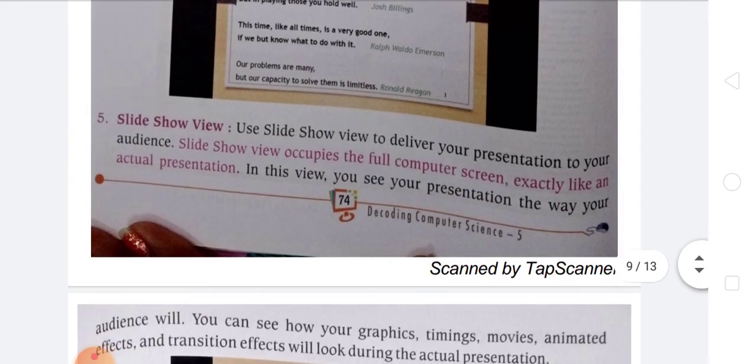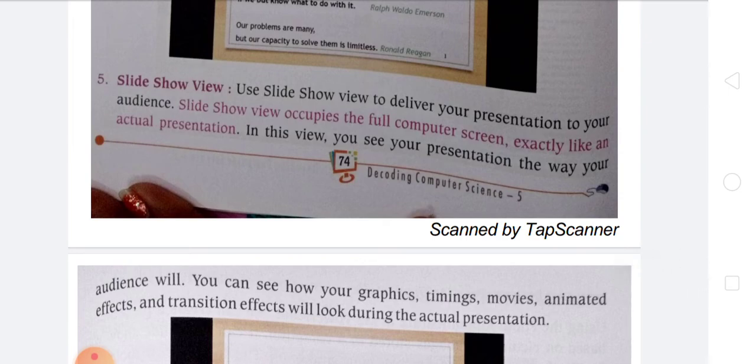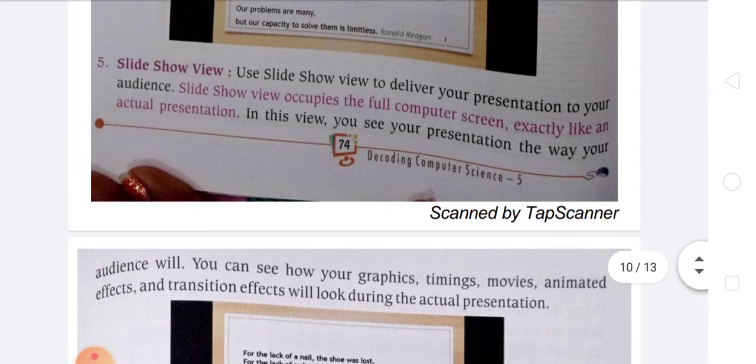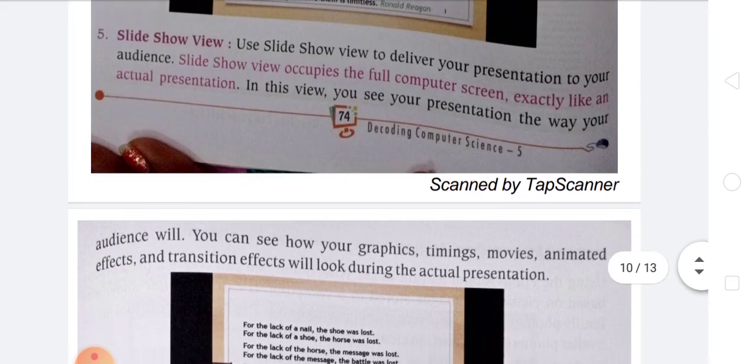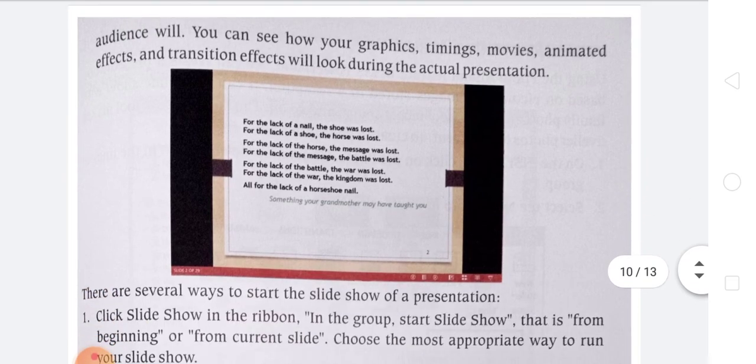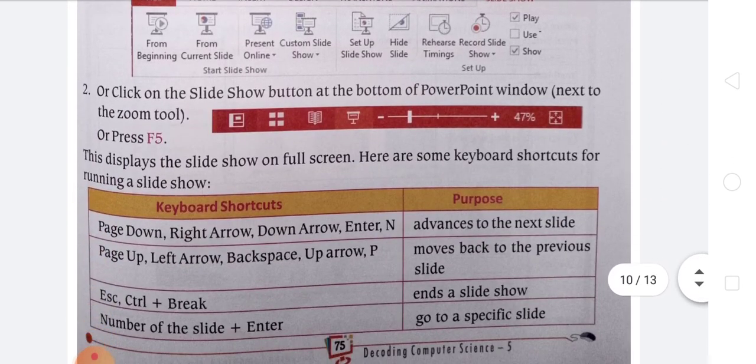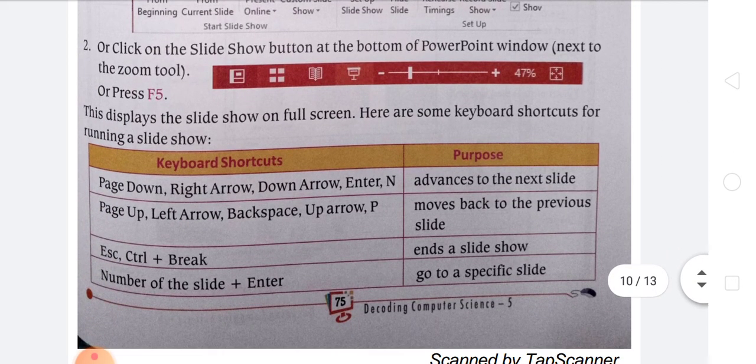Then slideshow view, where you deliver to the audience. Slideshow view occupies the full computer screen exactly like an actual presentation, just like this. Okay, so there are some keyboard shortcuts. First one: Page Down, Right Arrow, Down Arrow, Enter and End.